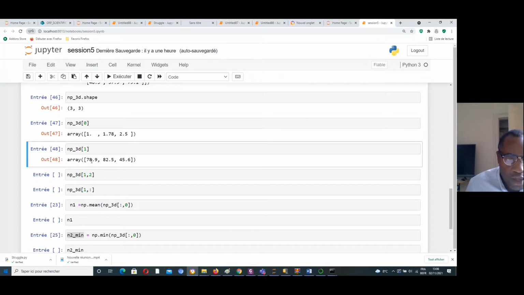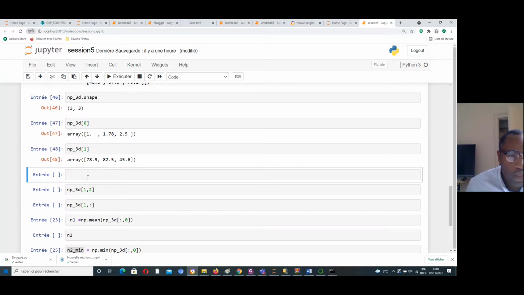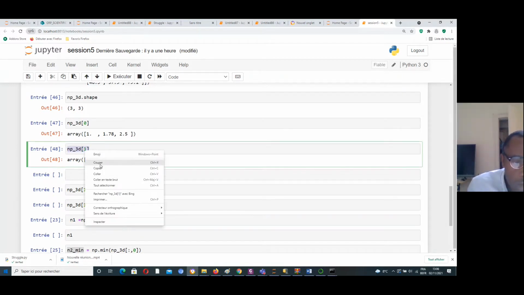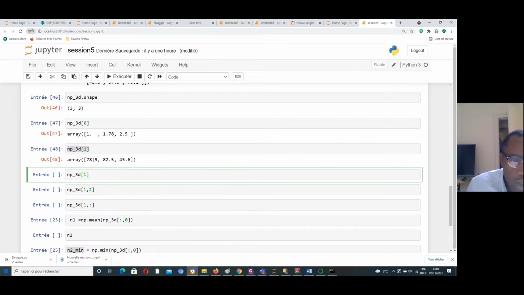If I want to print the first element here, how to do that? Let us add. I want to print the first element here, 78.9. Just do it like that.